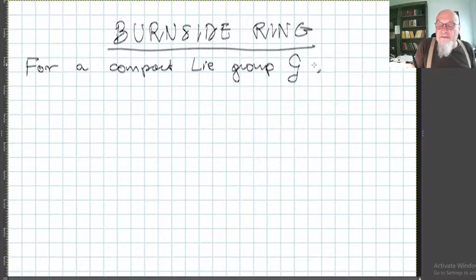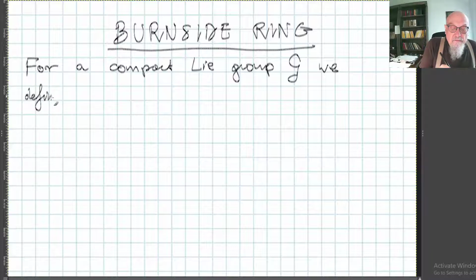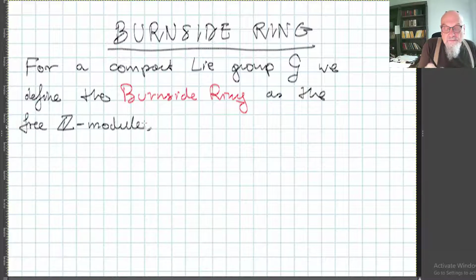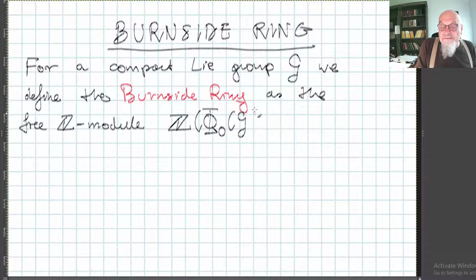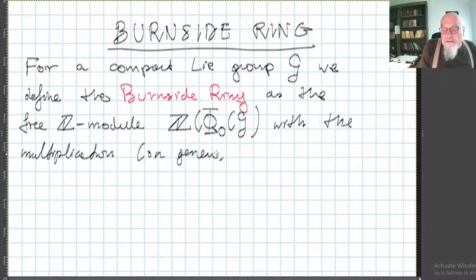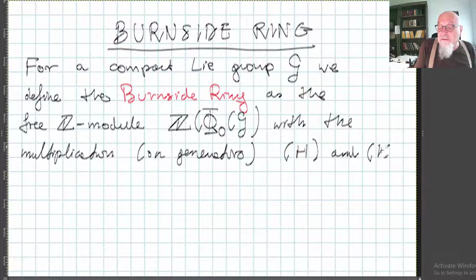and I put here G like this, we defined the BurnsideRing as the free Z module, and I put here Z, generated by phi 0 of G, phi 0 G, with the multiplication on generators, free generators, let's say like this, H and K, given by